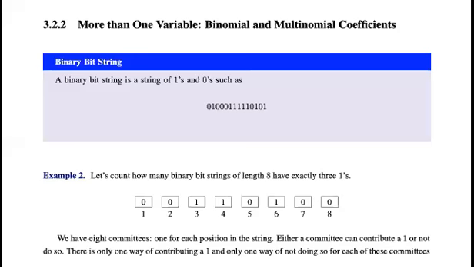Welcome to a read along with Dr. Pal in the book Discrete Perspectives in Mathematics. We are in subsection 3.2.2. We're talking about binomial and multinomial coefficients, where they come from, what they are, and as a result